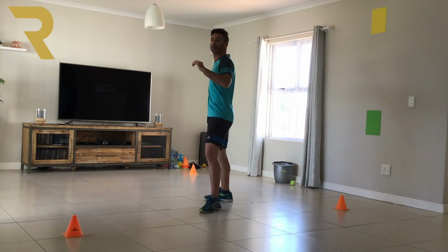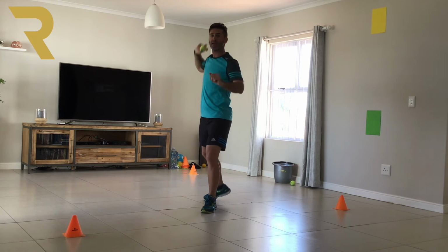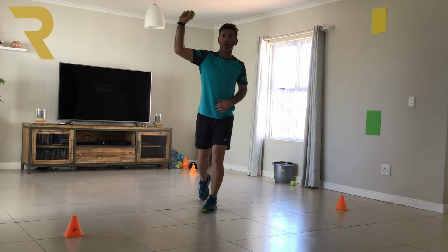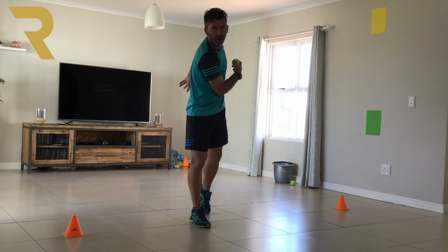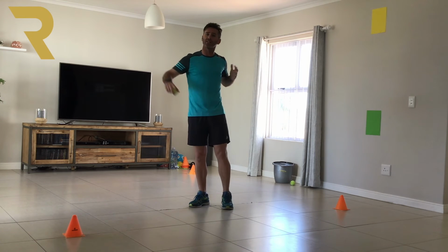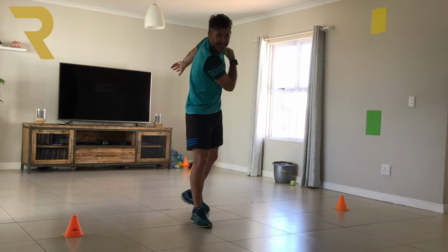If I'm a right-hand thrower, which I am, I need to make sure that when I throw, my left arm is obviously stretched out towards my target. But when I throw, I drive through with my right leg in my throw. And I think that's what we're going to try and do. We're not going to throw the hardest we can throw here in this exercise, because there's not enough distance. However, we are going to practice the right technique,